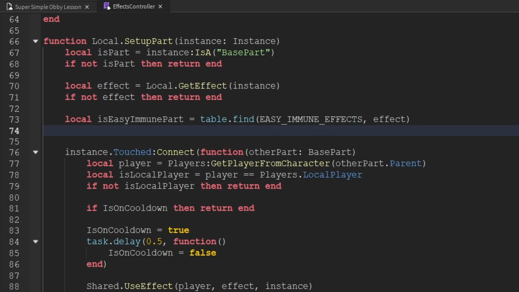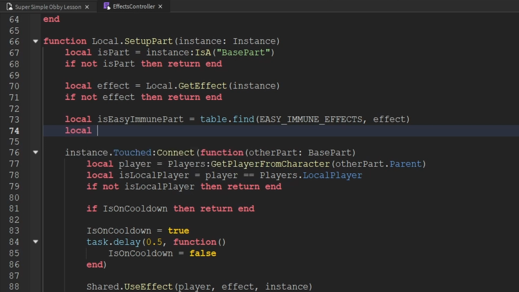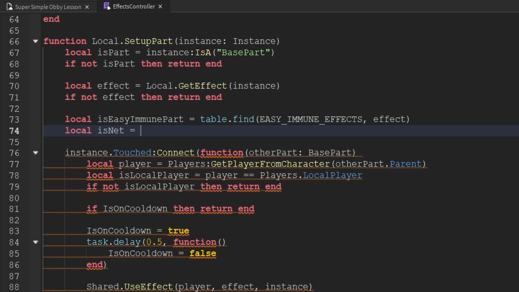And now there's actually one more thing that we want to check for before creating our easy part, and that is if the specific part is a net. Because if the specific part is a net, then we don't actually want to create an easy part for our nets. Because if the player has the easy mode enabled, we still want them to die anytime they touch a net part. So we're going to create a variable called isNet,